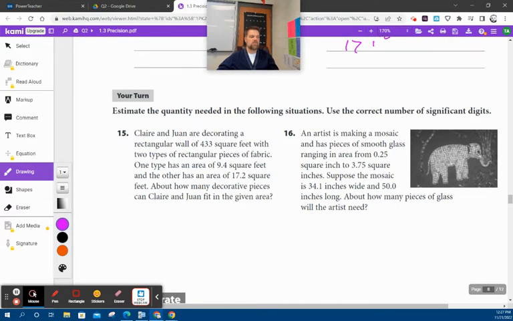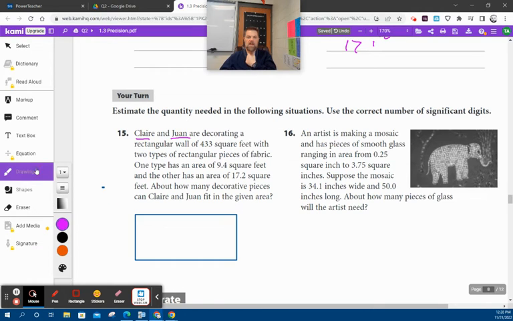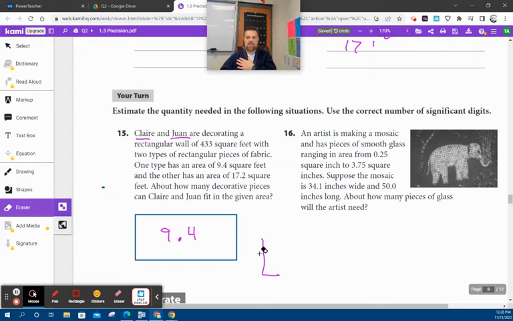Anyways, let's do some more estimates here. It says Claire and Juan are decorating a rectangular wall. So let's draw that shape so we can kind of get an idea for it. A rectangular wall. And one type has an area of 9.4. And then there's another one that's